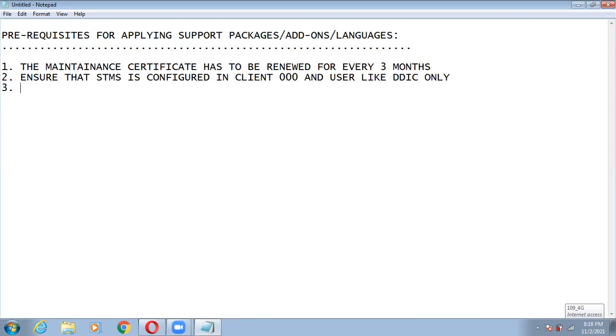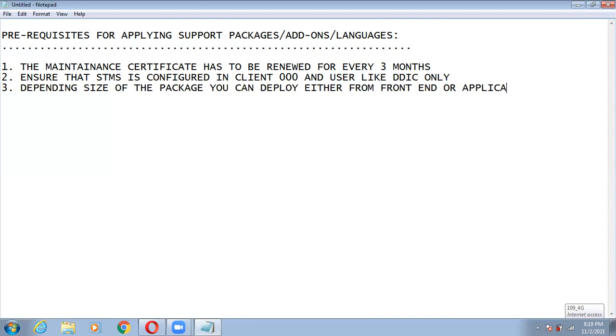So this is the second point. Third point: depending upon the size of the package, you can deploy either from the front end or the application server.